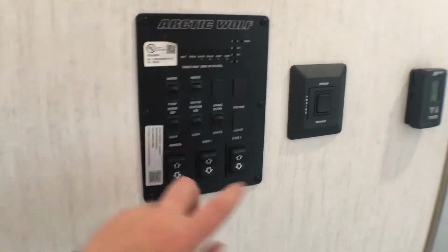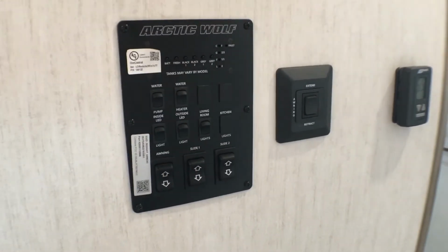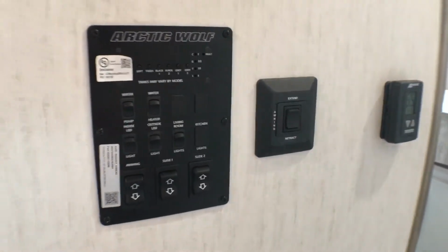So right here you can do your awnings, your slide outs, your lighting controls, your water pump and water heater on gas, and then you have your tank monitoring panel up here as well. A cool thing with this unit, and I can't show you how it works